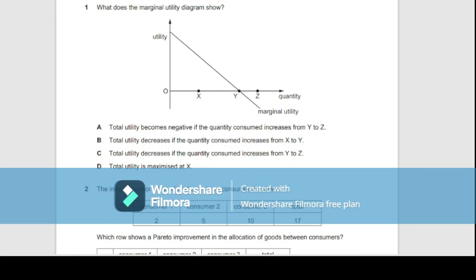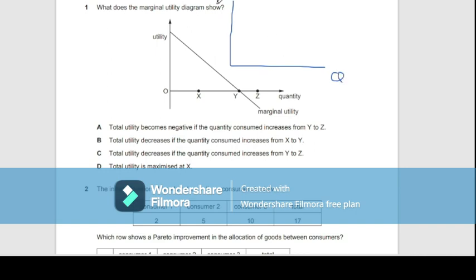Today we will look at N708, paper 3, variant 1, economics. Let's look at the first question. What does the marginal utility diagram show? Marginal utility diagram. Now we know that this graph